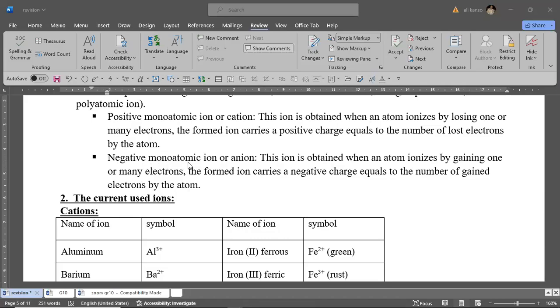The negative monoatomic ion, or anion. This ion is obtained when an atom ionizes by gaining one or many electrons. The formed ion carries a negative charge equal to the number of electrons gained by the atom. Okay, we need to know here that,